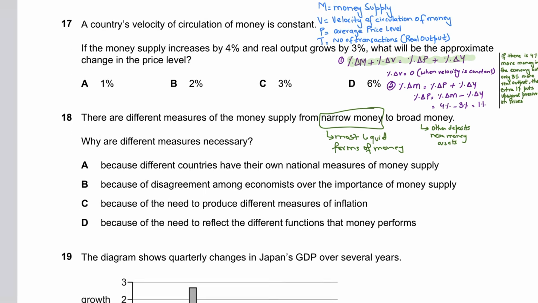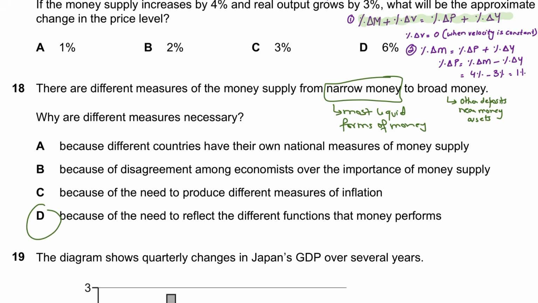That is what makes D the correct answer, because of the need to reflect the different functions that money performs, right? That's why the answer to question number 18 is D. While A, B, C are incorrect,